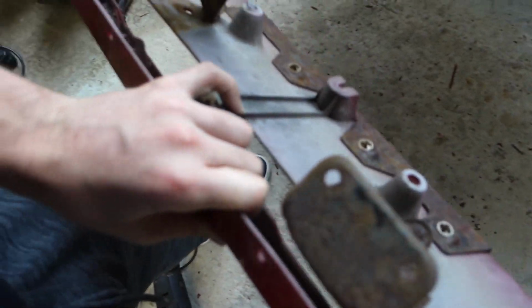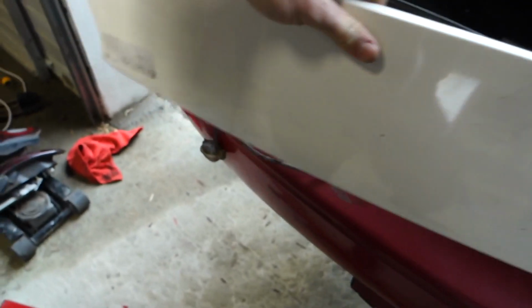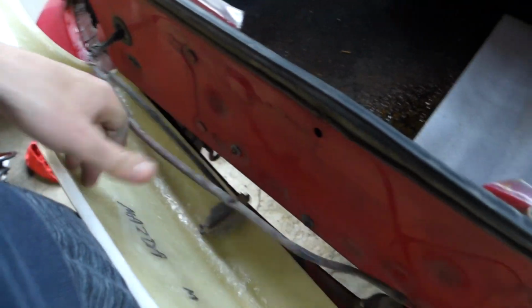For installing the new panel, there's basically nowhere to mount it. With the old one, there were so many holes going through for screws to go through. As you can see there's just so many different holes, and that's where it was mounted at the back. There were these big metal brackets. I don't want any screws to go through, because that would defeat the whole purpose of having a flush panel. So what I'm thinking is,